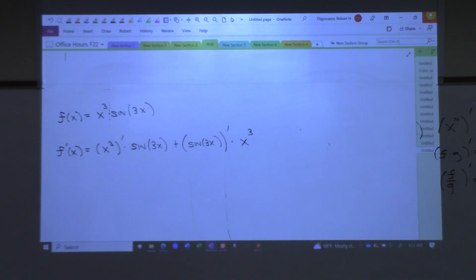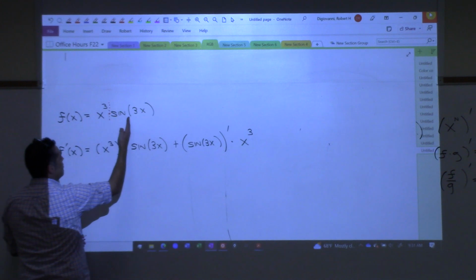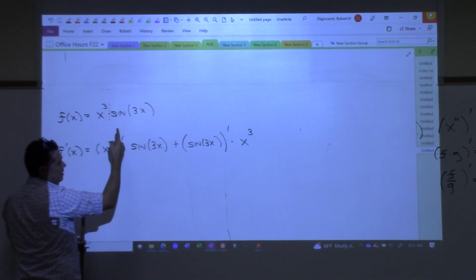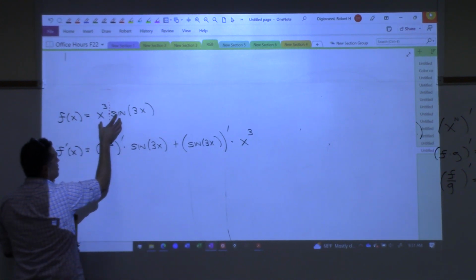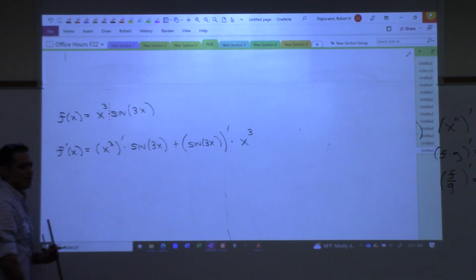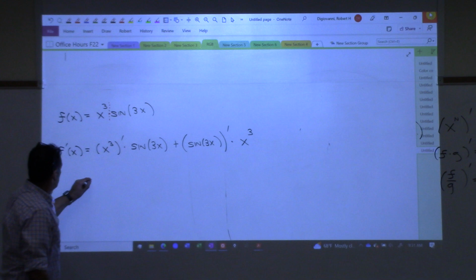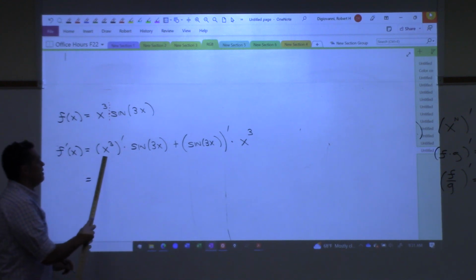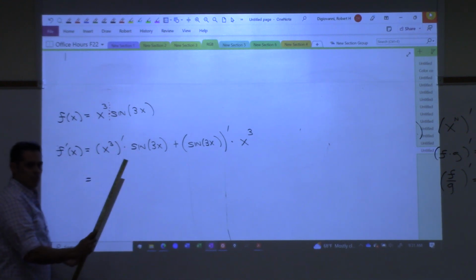Everyone see that is the product rule written down. Without taking any derivatives, that's just what the product rule says to do. I have two things being multiplied together. I have to notice that it's multiplication. And then once I do that, I just write down the product rule like last class. Now let's actually take these derivatives. So the derivative of x cubed, 3x squared,